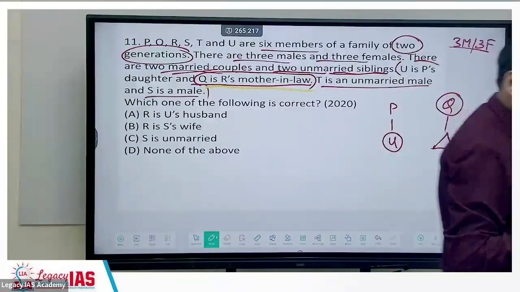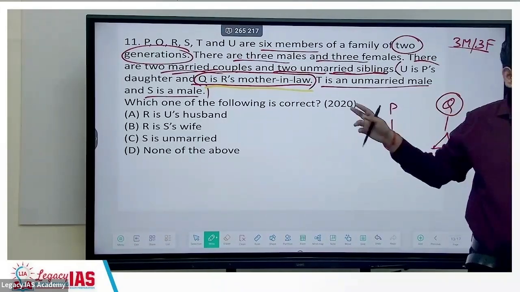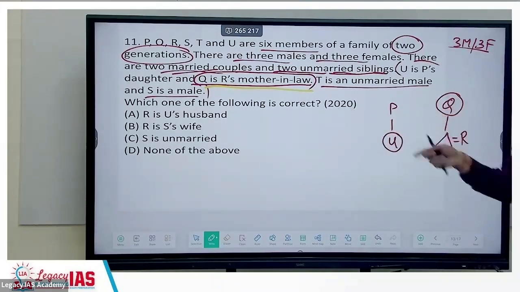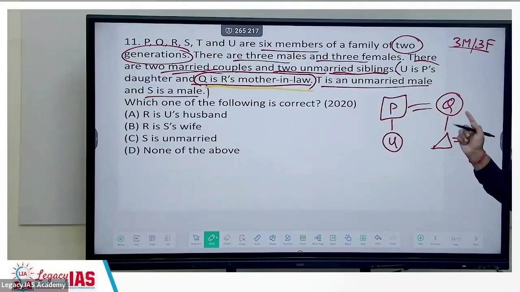So in this, we have only 2 generations. So in this generation, how many people do we have? We have only 2. Now we cannot introduce another person and make them marry. Those many variables we don't have. So the only possibility is